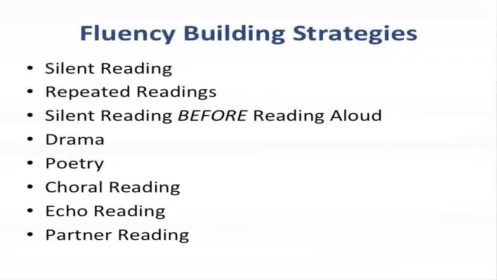Choral reading, or having an entire class or small group of students read aloud as a choir of voices, is also a powerful strategy for fluency development. Echo reading, or having whole groups repeat language that has been modeled for them, is another great strategy. Finally, partner reading, working one-on-one with a more advanced or same level classmate, can really keep students on task while practicing fluency by empowering them to engage with text and with their peers. These activities can all reduce a struggling reader's anxiety while allowing him to focus more extensively on fluency development.